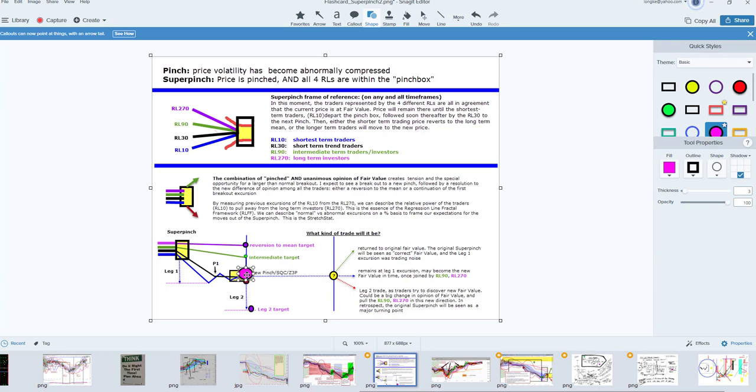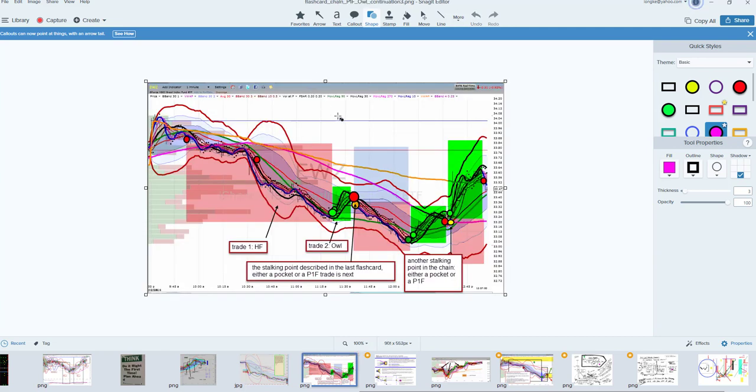And from here, it's either going to revert to the mean, which was the original 270, or on the way up, it would hit the intermediate target, which was the RL90. And then we could start using the expansion from this super pinch to start calibrating the sizes of the moves. And when we applied this in our regular life, we saw this, this is Brazil from the year 2016. So we've been doing this